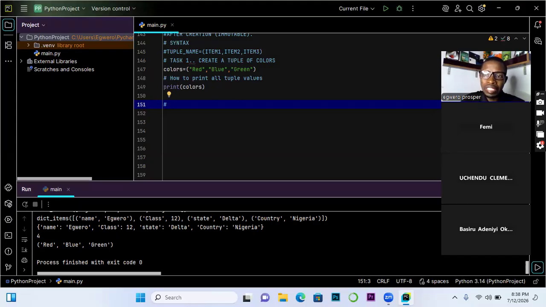Where there is a need for you to make changes, you may need to first of all convert the tuple to a list so that you can be allowed to tamper with the values. So let's look at these manipulation functions. Tuple manipulation.